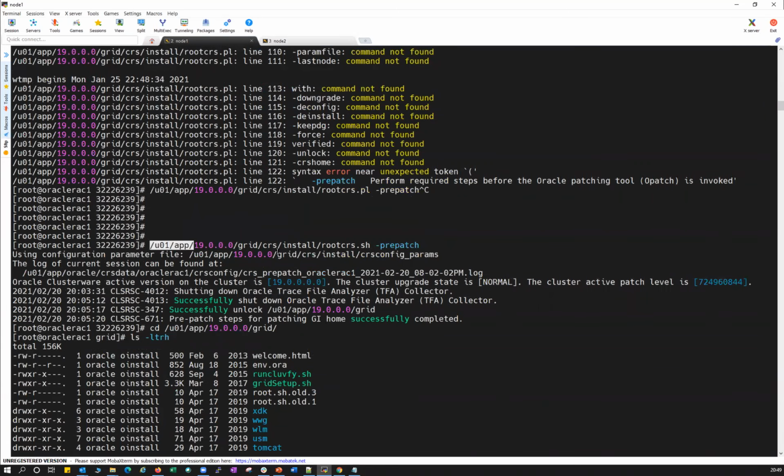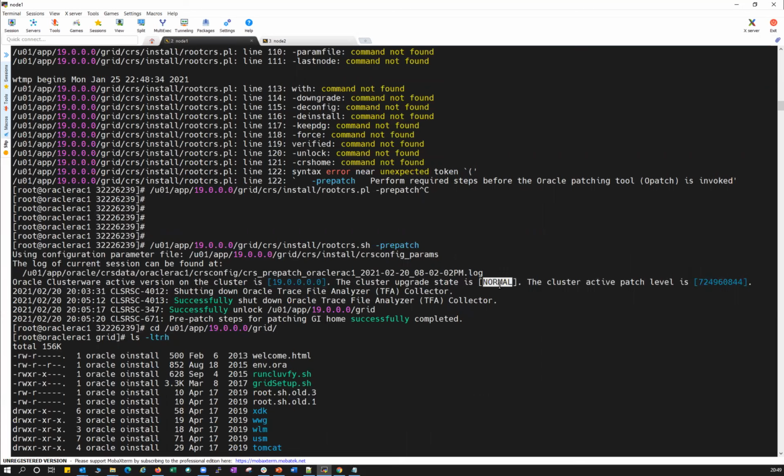See, the moment before you run the post-patch command, your clusterware will be in normal mode. You can see the clusterware version, and the cluster upgrade state is normal. The moment you run the patch command, it becomes rolling upgrade mode.